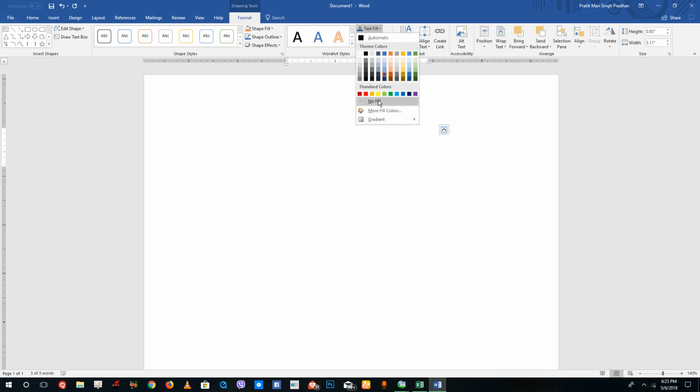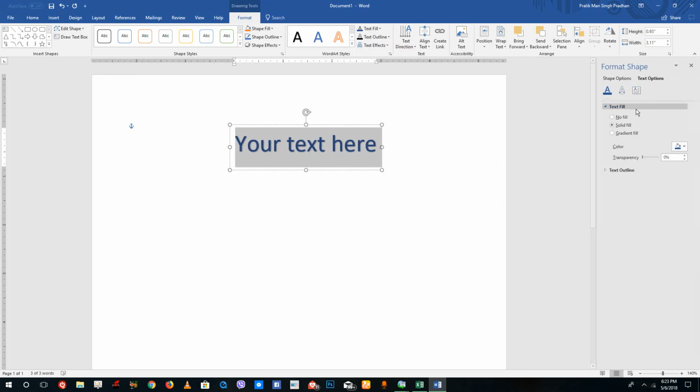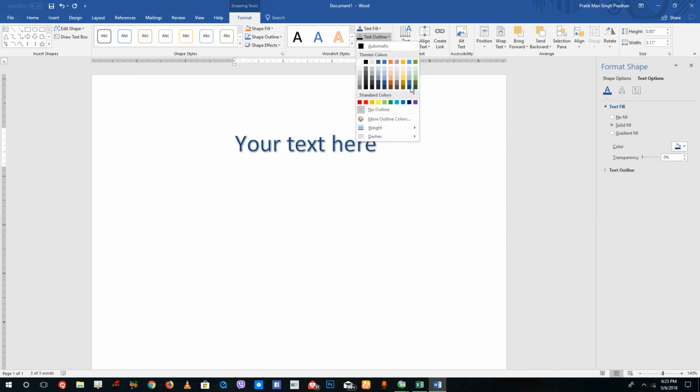So you can see that there's color. You can also apply gradients if you want, so you can apply gradient colors. As you can see over here, you can apply gradients as you want. I can actually go to more gradients as well, and then select the gradient color from over here. I'm going to select normal color for now, and then for the outline I'm going to select something